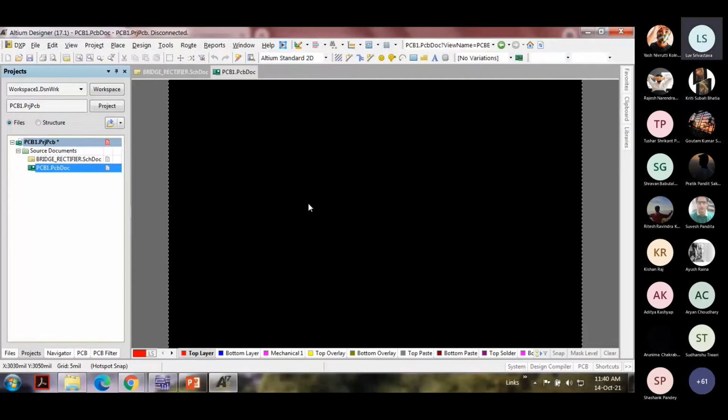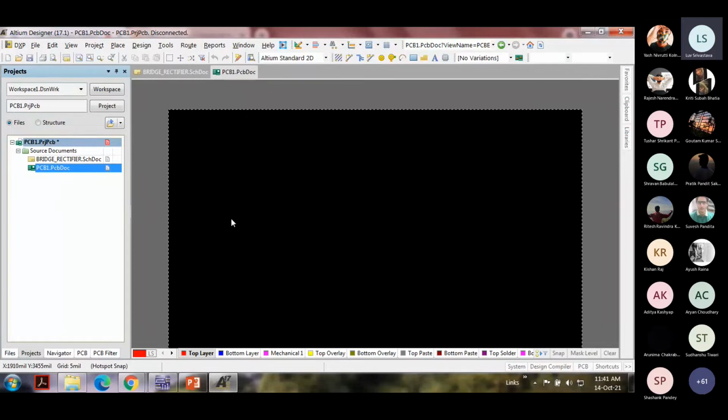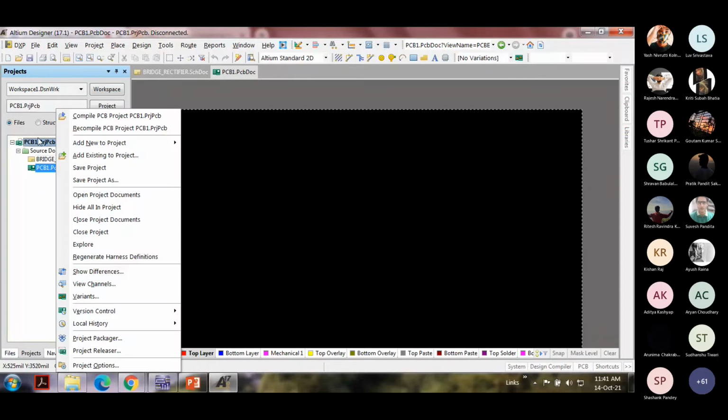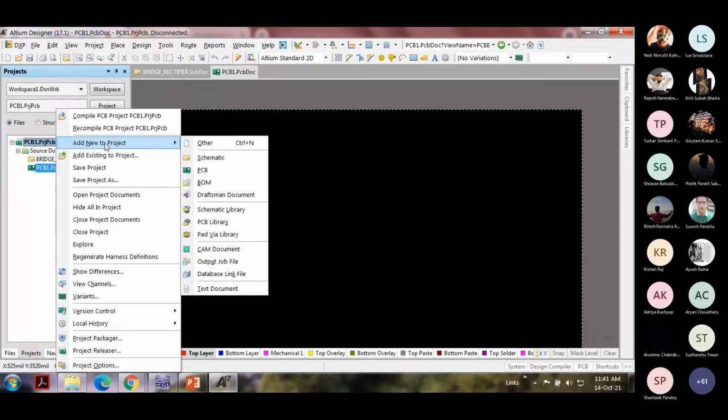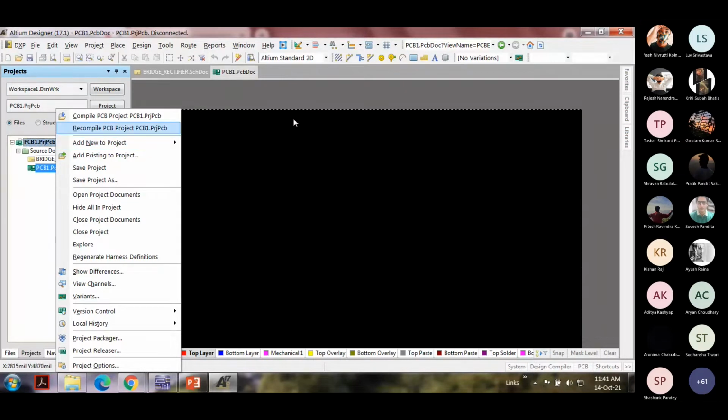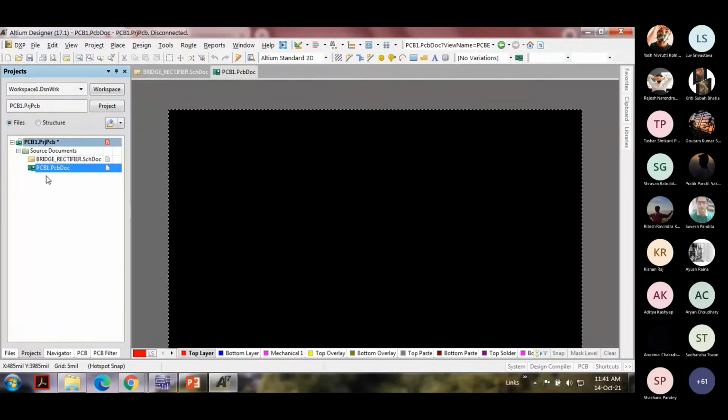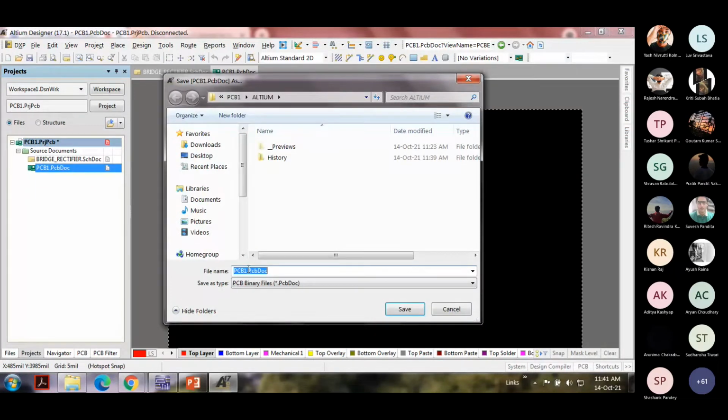Now, the interesting thing to understand is that the toolbar has now changed. Right click the project, and add new PCB. Okay, I'm going to rename this immediately, save as bridge rectifier.